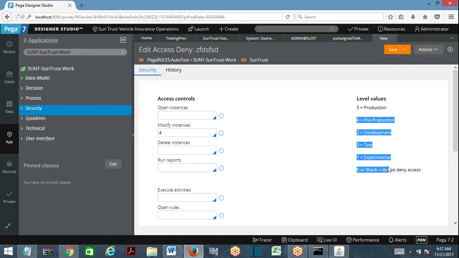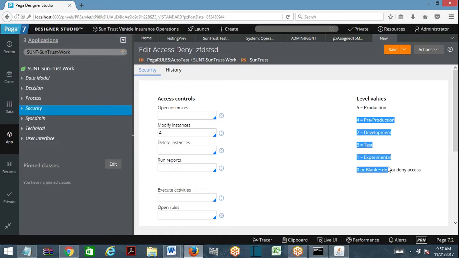Third one, access denied. So I want to execute only specific environment and higher environments. Now access role to object, access when. I don't have when condition here. So reverse of role to object is access denied. So you give a number 4, it will execute for above 4. 4 and below will be denied. So I want to execute above level. 4 if I give, 4 and below will be denied. 3 I give, 3 and below will be denied. 4 and 5 it will work. That is the way you have to use access deny rules.